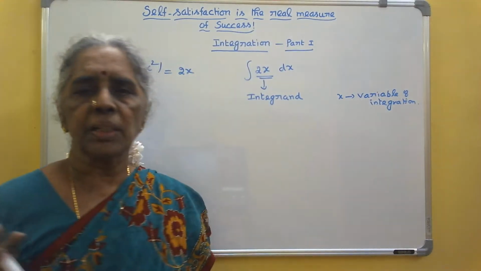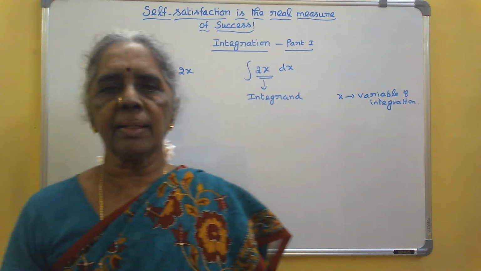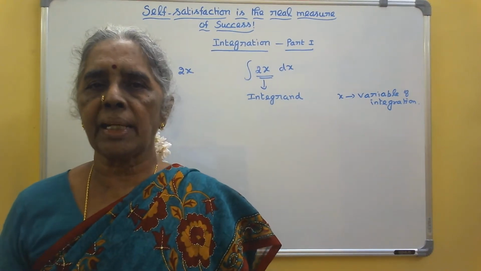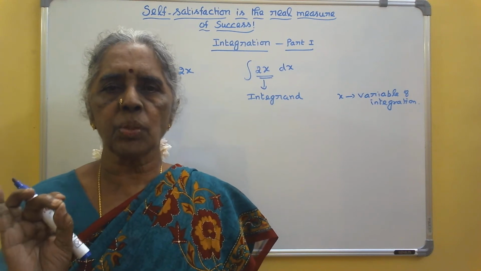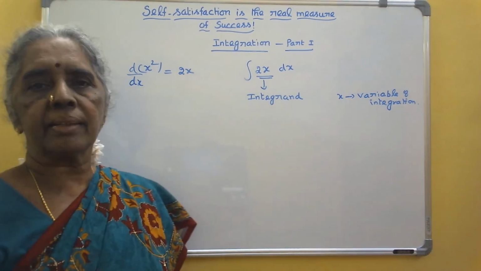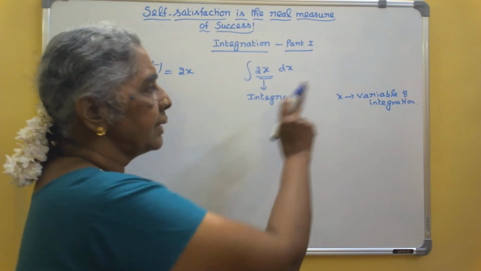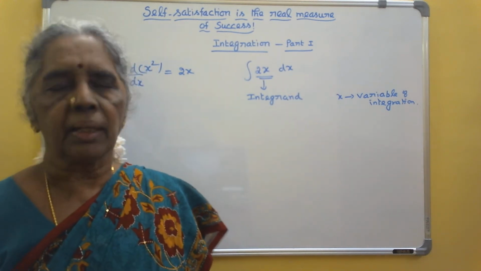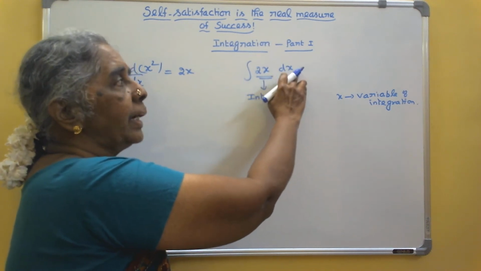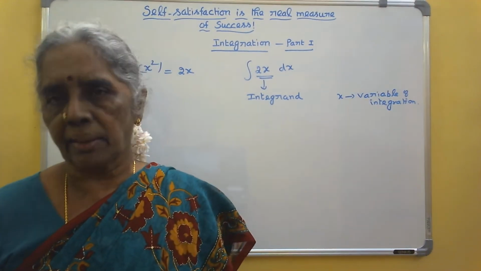So, this is the first step you should do. It is the inverse process. Just as subtraction is the inverse process of addition, and division is the inverse process of multiplication, integration is the inverse process of differentiation. This is the symbol of integration. Whatever you integrate is called the integrand, and x is called the variable of integration. In all the sums, if you are integrating with respect to x, you will be getting dx. If you have t here, you will write dt. We will come to that later.